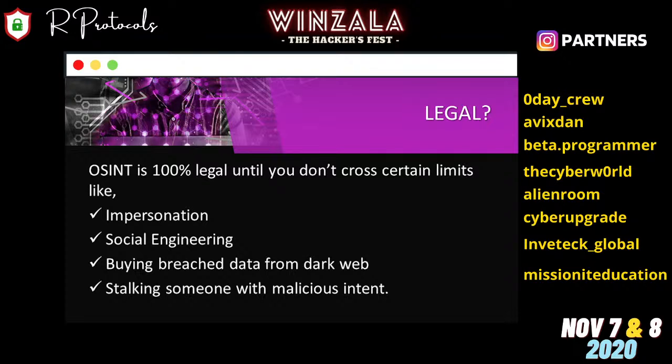Buying breached data from the dark web is also an illegal activity. Next is stalking someone with malicious intent. If your intention is to stalk someone from the information gathered, then it is an illegal activity. Without doing these kinds of activities, you can use open source intelligence legally.